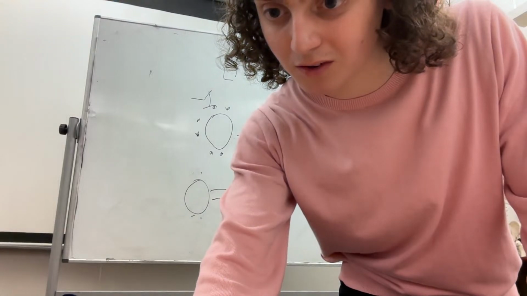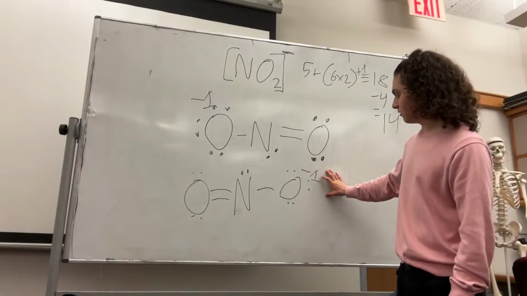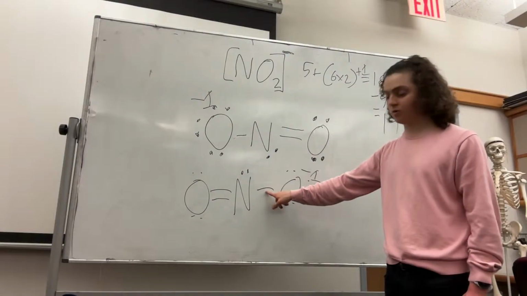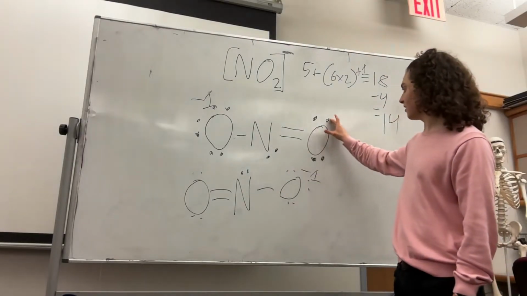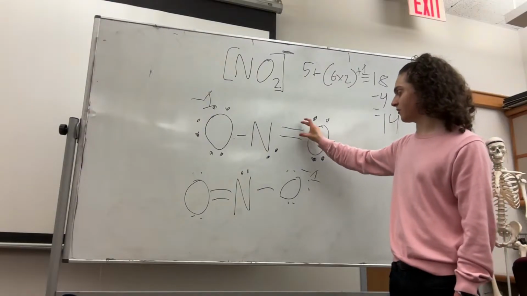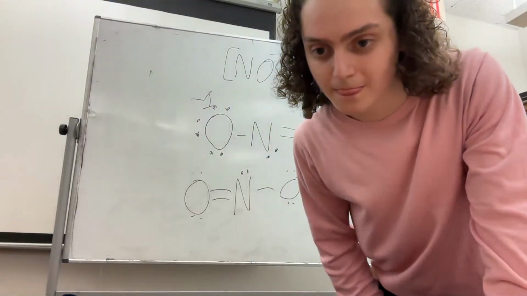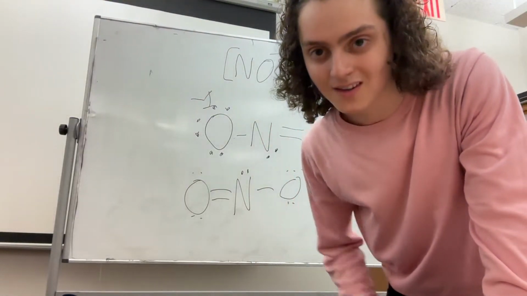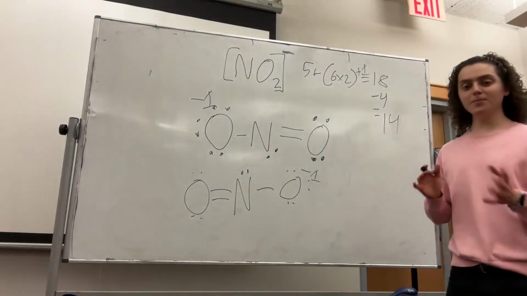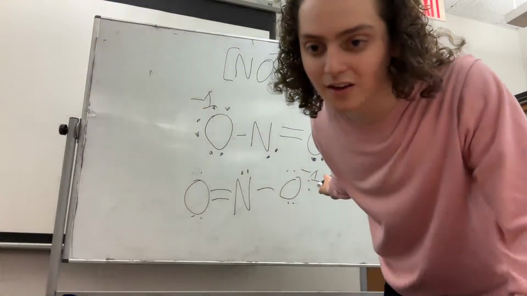But the oxygen would have only 4. Here the oxygen has 6 electrons in lone pairs and 2 electrons in this bond. Here, the oxygen has 1, 2, 3, 4 electrons in lone pairs and 2 bonds, each of which has 2 electrons. So that's a total of 8. So it does have 8 in both cases. I'm not sure if that explained the question, but try to play around with the Lewis structures. If you put something together and you see that it breaks the octet rule, then